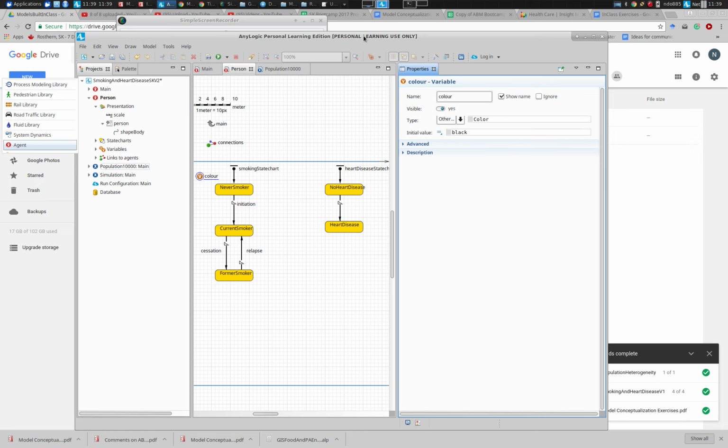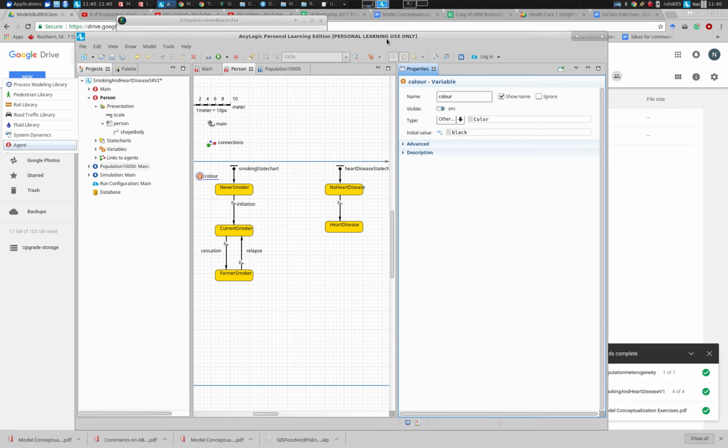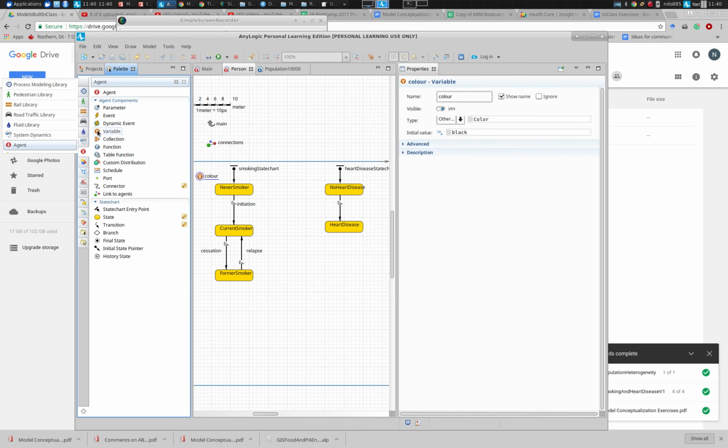Here I am going to proceed to hitch up those state charts, okay? And we're going to do so through a variable, as we've noted, because it will be a quantity that is changing over time. It'll be a quantity where we have the hazard rate that comes from smoking contributes to heart disease changing over time. So we're going to add in to this a variable called smoking specific